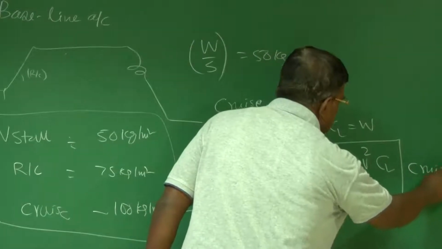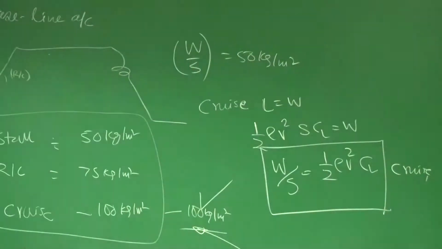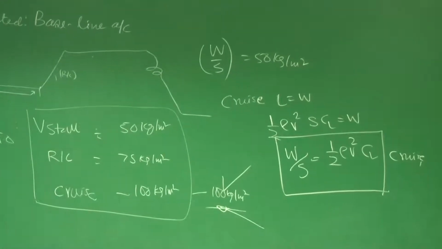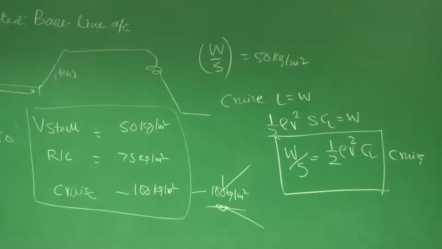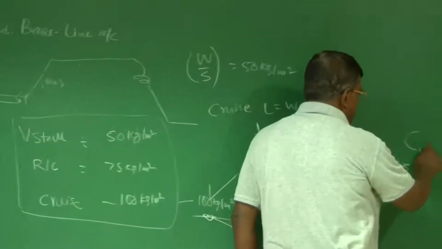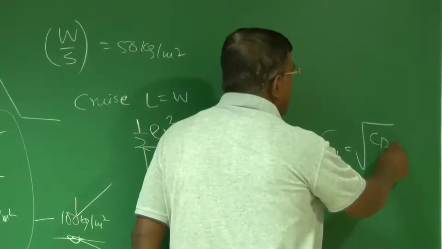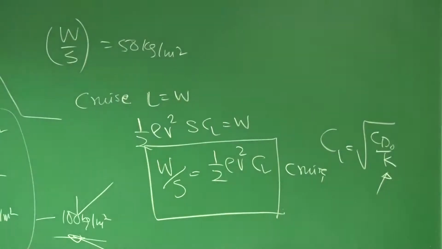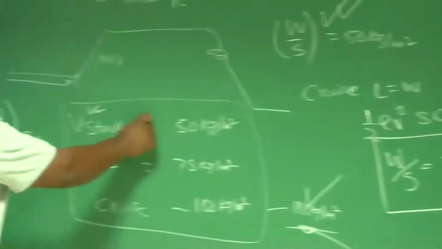This is cruise. And when we have derived this 100 kg per meter square in the cruise, let's say we have assumed that thrust required minimum is the condition for which CL was under root CD naught by K, and we have already assumed some aspect ratio, and CD naught you can assume to start with around 0.021, 0.025 even. The problem is, if I pick W by S equal to 50 kg per meter square, which has come from V stall criteria,